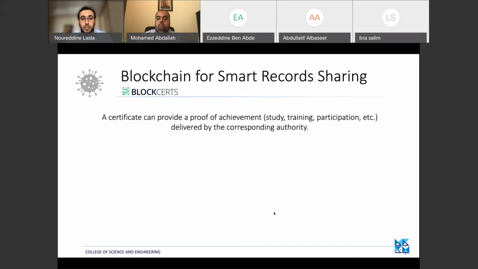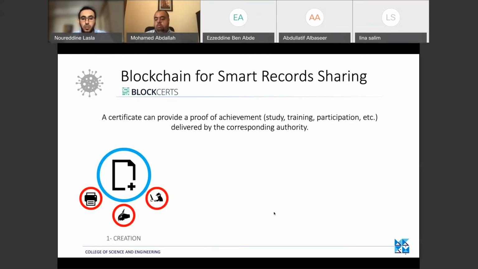So a certificate provides proof of achievement of something, such as study, training or participation, and it is delivered by the corresponding authority. Traditionally, this kind of certificate needs different steps before it can be used. The first step is the creation, where it needs to be printed and then signed, and this process also needs to be protected